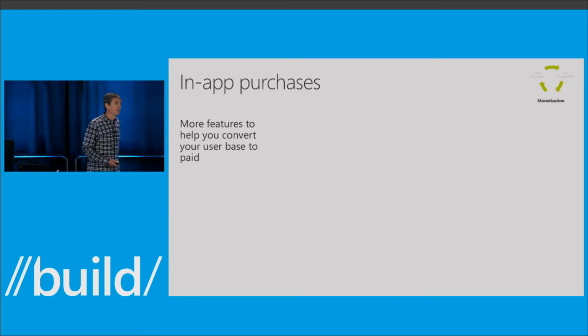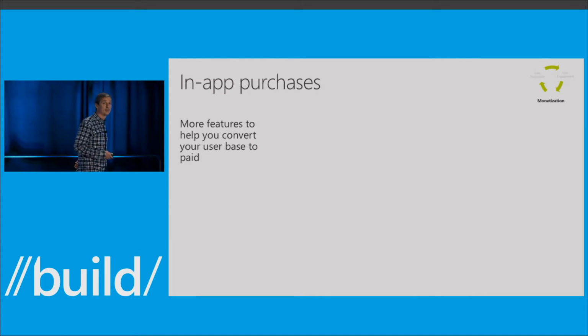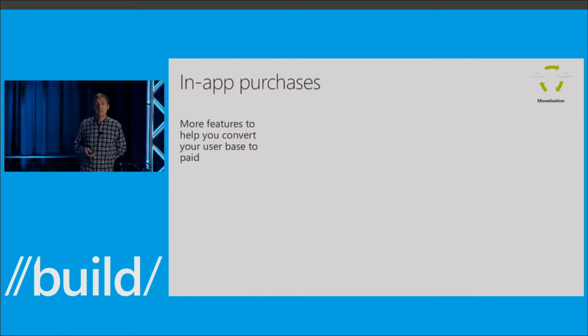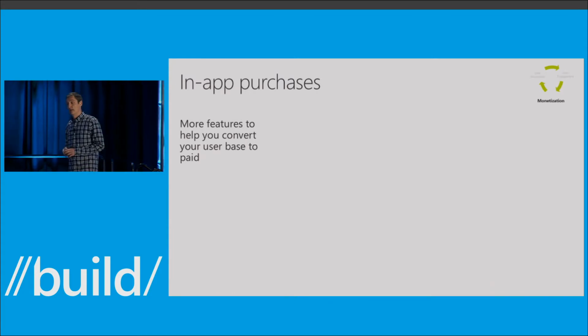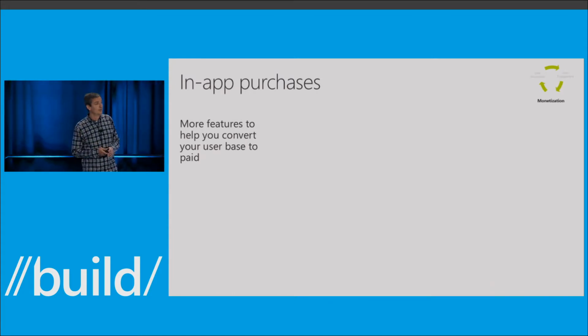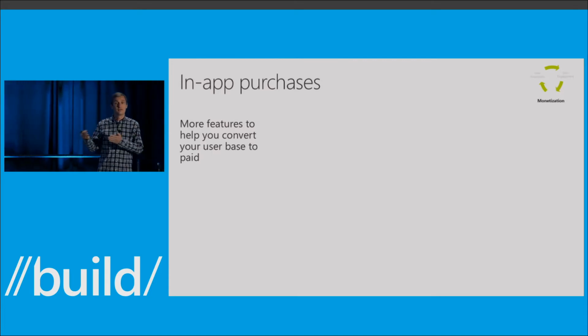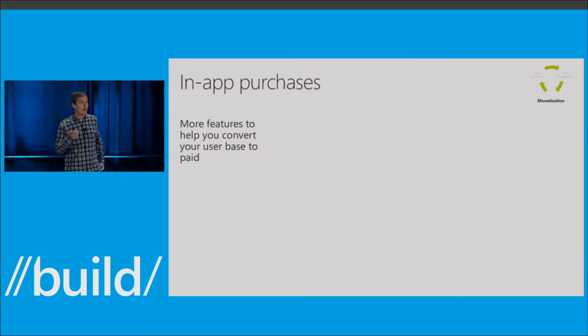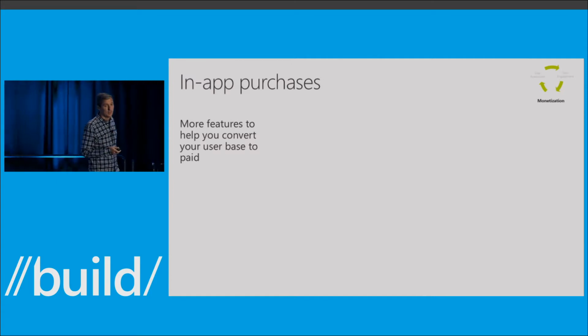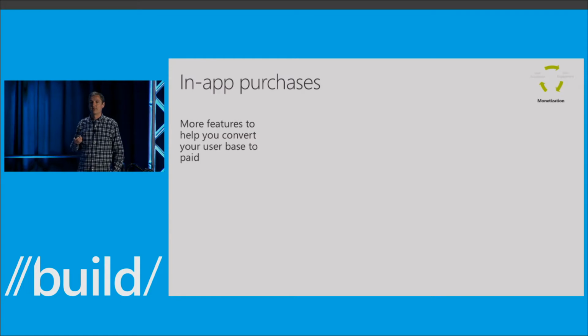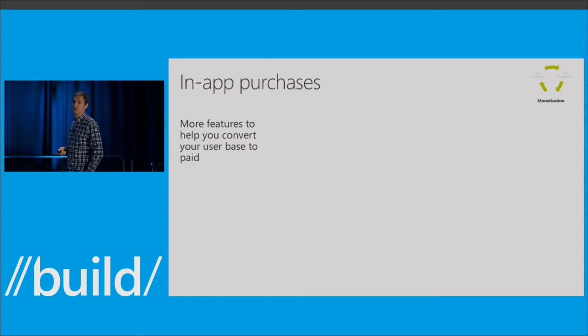So you're being successful, you're bringing in all these new users, they're opening up your app, but they haven't purchased anything yet. And your ultimate goal is to get those users to purchase something from you. Move them from being free users to paid users. And we call that a conversion. By showing the right IAP item to the right user at the right time, you can really improve your conversion rate. But sometimes users need some help or some incentive to make that purchase.